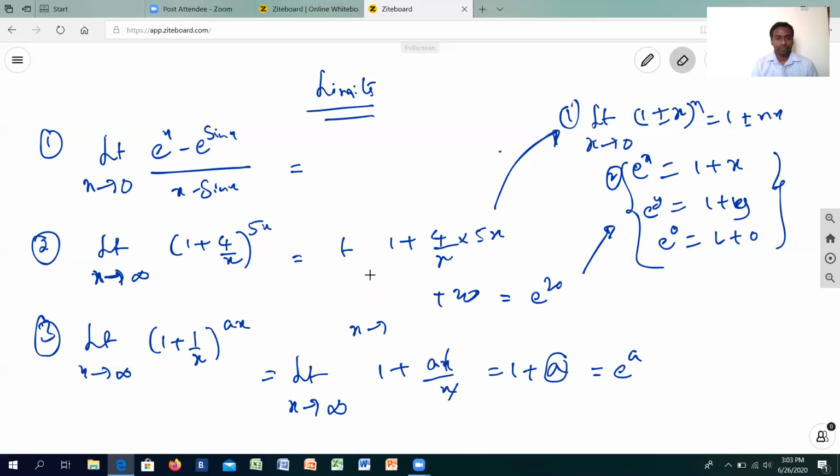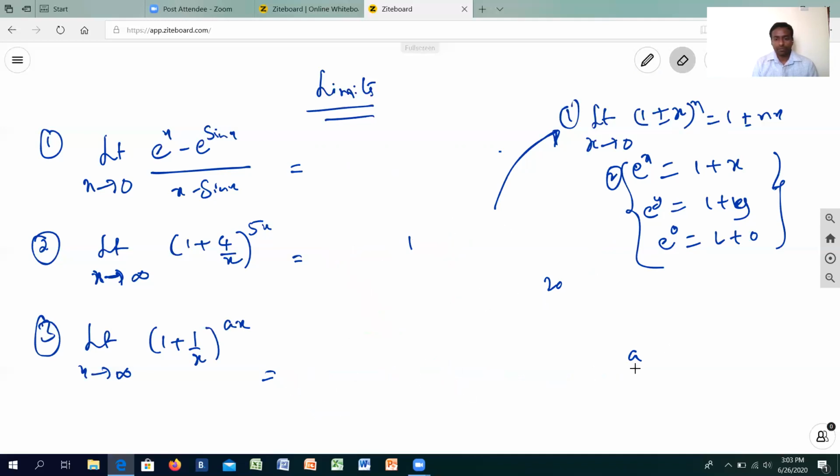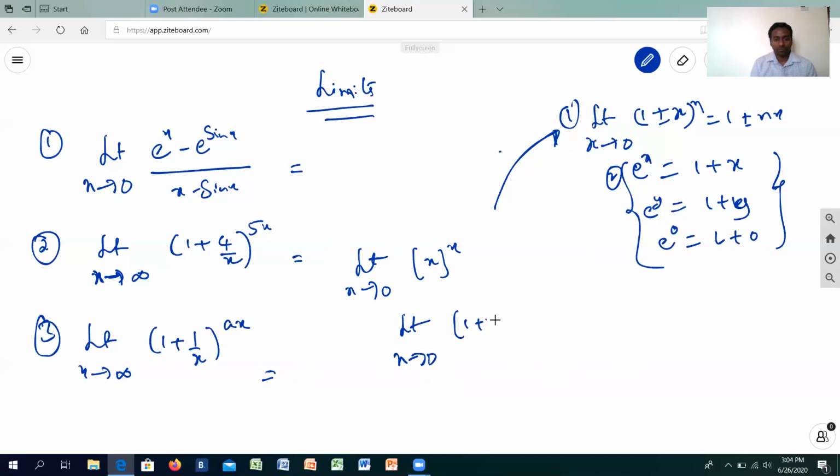Let's just take a question. One more I have, which was asked in an earlier exam. It was the greatest integer function. Limit x tends to 0, like x raised to x. So what I'm going to do over here, first I'm going to fit it in the binomial by adding 1 and subtracting 1. So this will give me limit x tends to 0, 1 plus x minus 1 raised to x. So this will be like what? This is of the same form as the binomial.